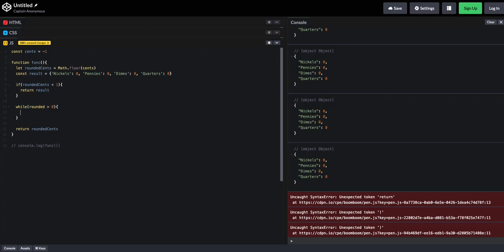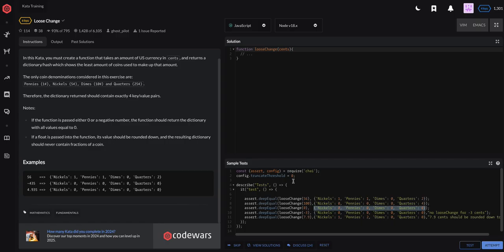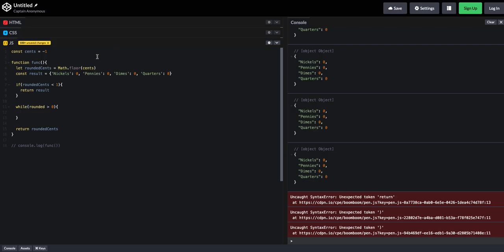And if it is, we're going to subtract 25 from rounded sense. Let's grab a different value here. Let's say 100. Or better yet, let's say 56. This will make more sense as we do this. Let's say 56 for now. So we're going to say if